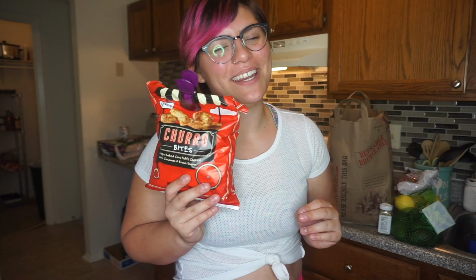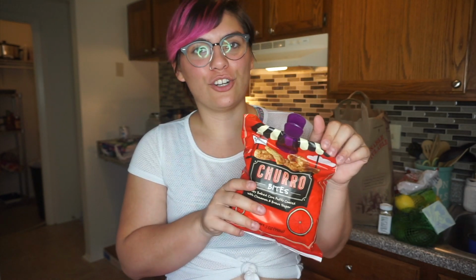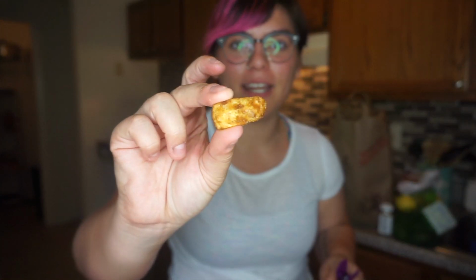Another thing I got from Trader Joe's, I already opened it and had one, because this is my favorite snackety lacky, okay? I cannot leave there without these. These are the churro chips. They're the most amazing things ever. I love churros. Like, that's probably my favorite dessert pastry thing ever. I freaking love them. They look like this. They're super tiny and